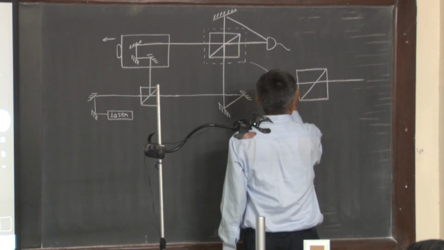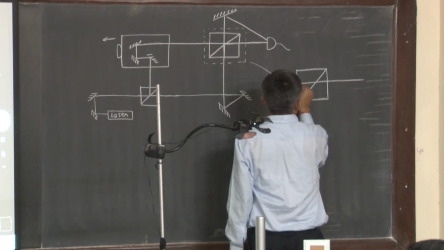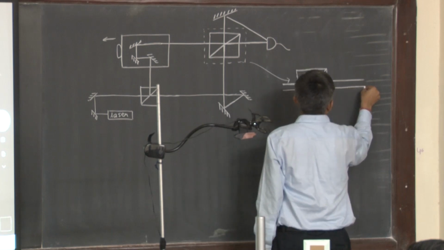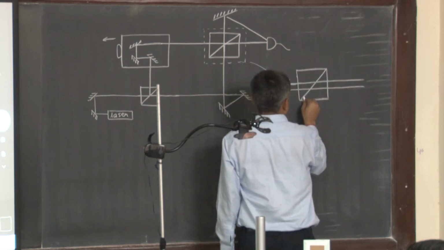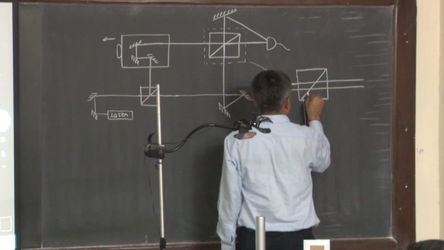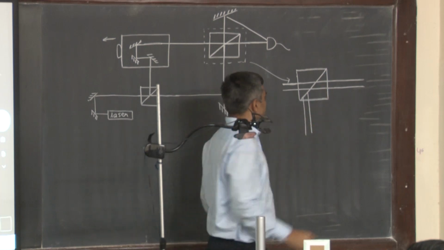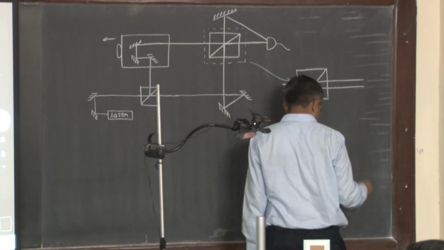Then of course the light that comes from this side has some width to it, and the light coming from this side also has some width. They don't necessarily overlap exactly at the beam splitter, and hence